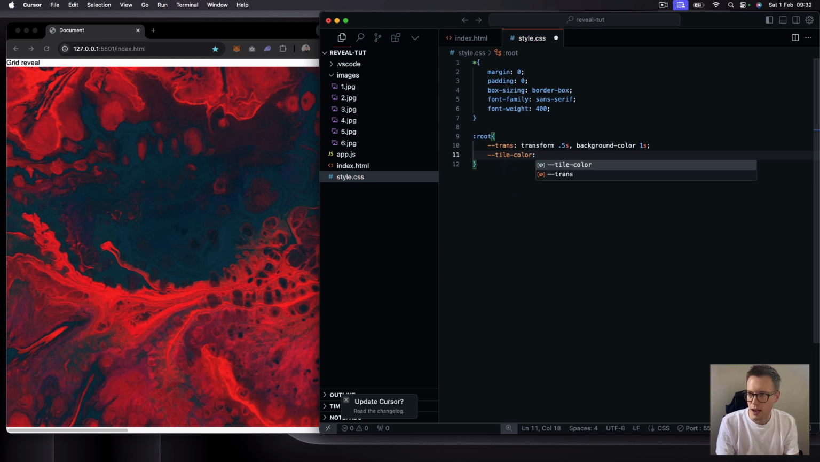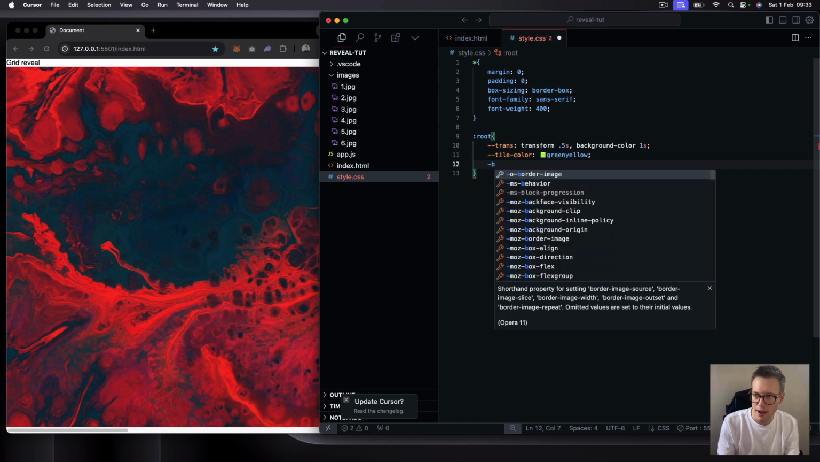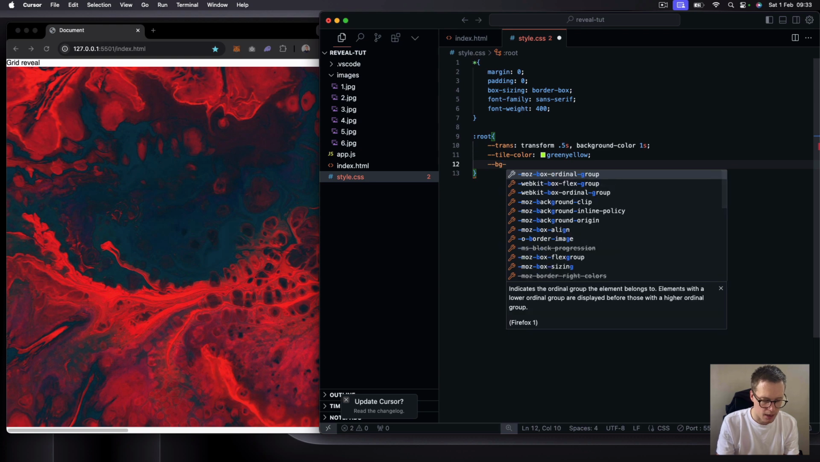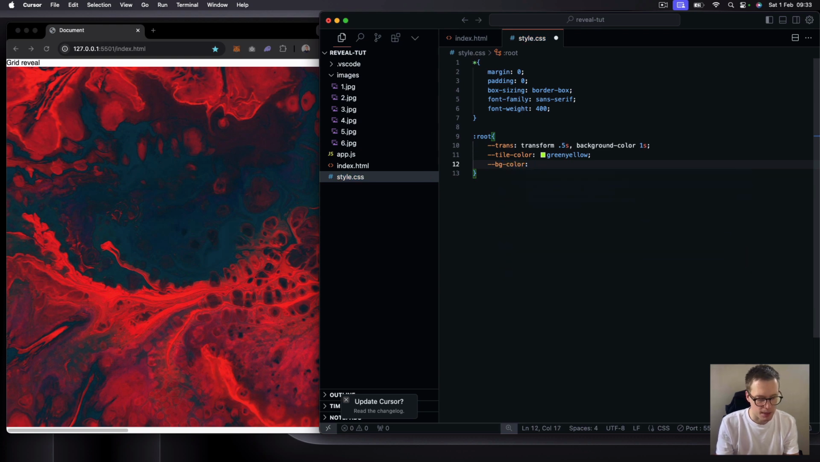And for now, I'm just going to go over yellow, green, a green yellow color. I think there is a color called green yellow in CSS, so we'll just go over that for now. And then we can just specify the BG color as well, the general background color. So just do a double hyphen BG color, and here I'm just going to specify that as 161616 for a